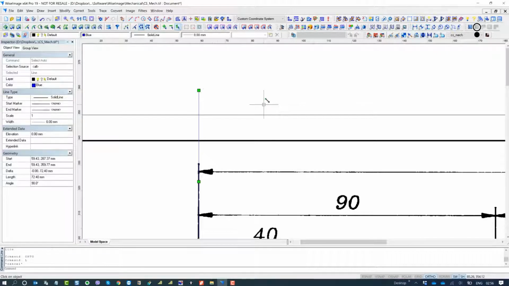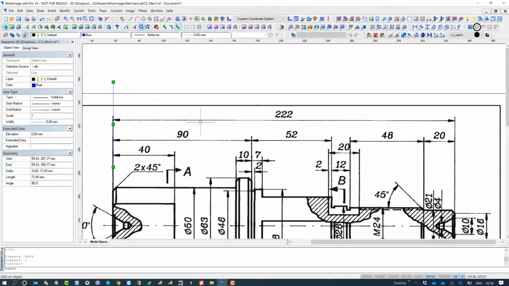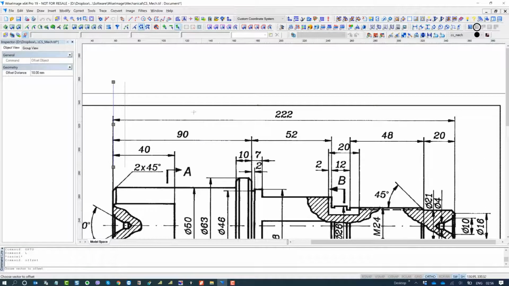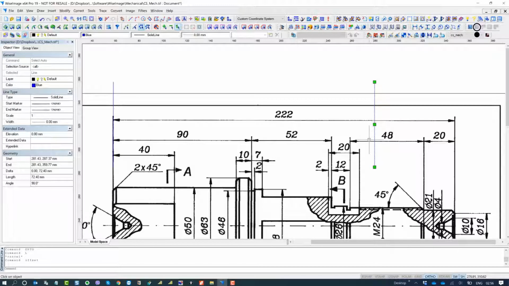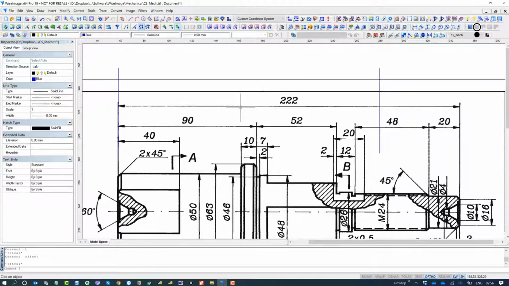So this is my vertical line, and I'm going to make an offset of 222 millimeter. So now this line is here. So basically it's not matching the dimension, right?